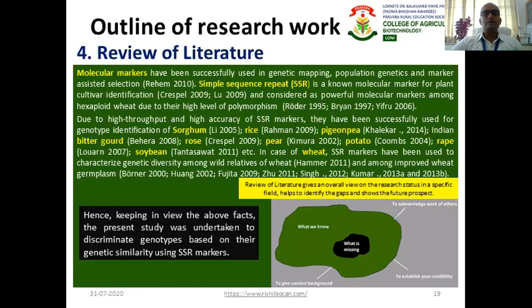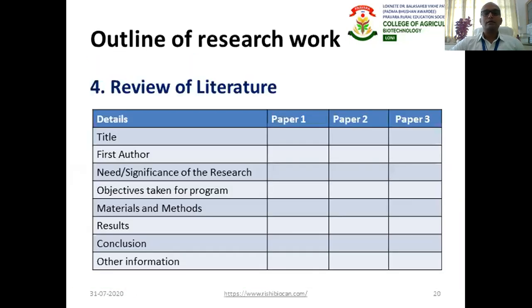So the question is, for an undergraduate student, at least because he has a very limited time span, he should start his work a year before, and at least he should refer to 30 to 40 research papers. And after reading the 30 to 40 research papers again and again, he should tabulate the data of the research papers. He should summarize the research work of different papers in one table.